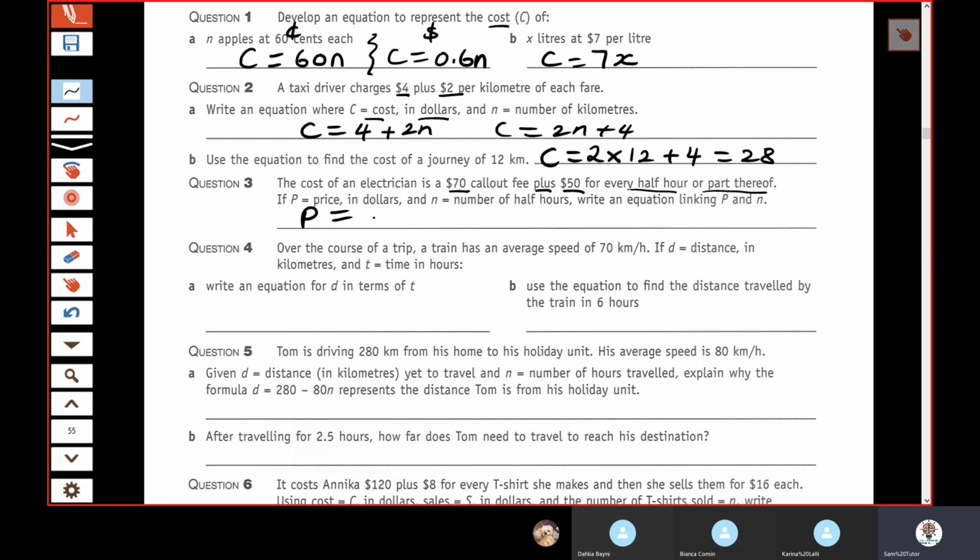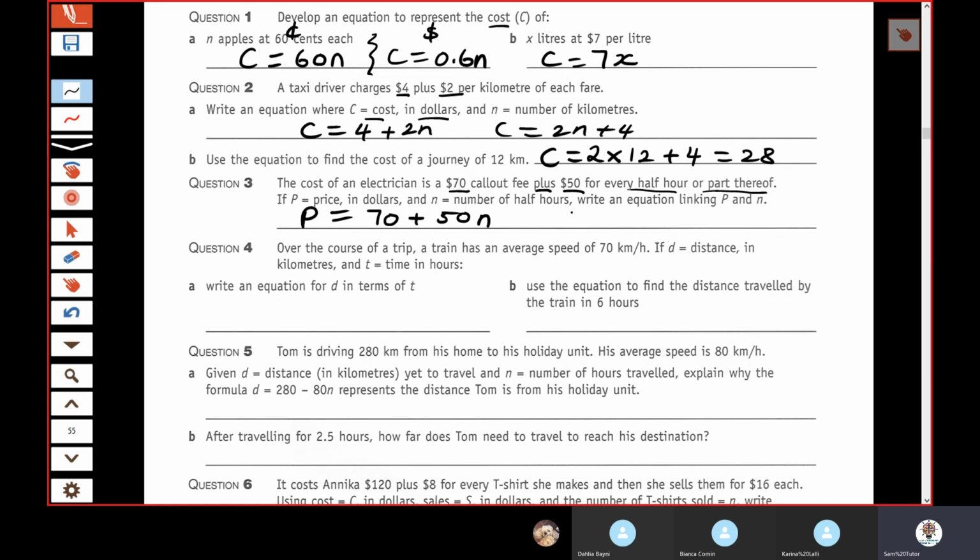P equals... would it be 70 plus 50? N? Yeah. Karina, you agree? 70 plus 50 times the number of half hours times N. You get that? And then the part thereof, just so you guys understand this, if I had a double